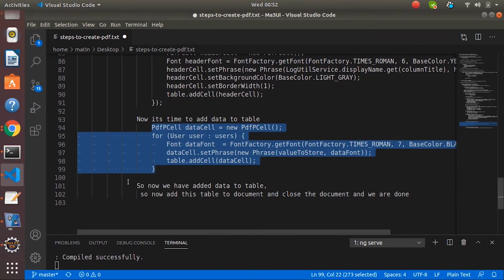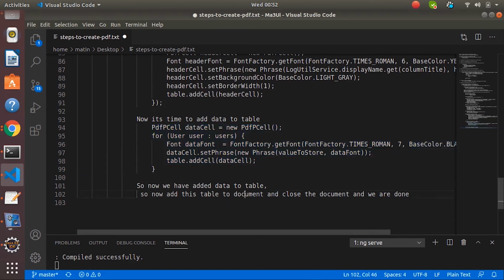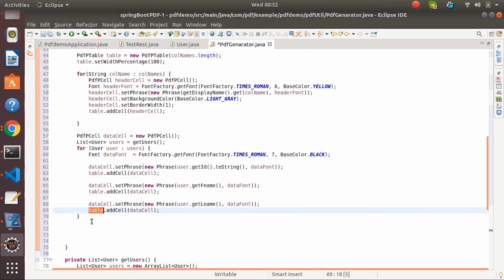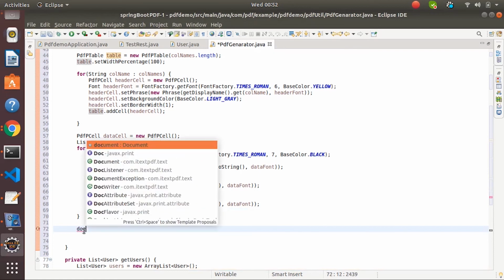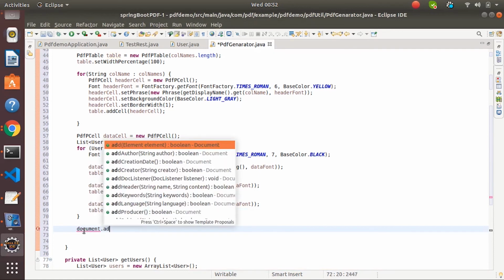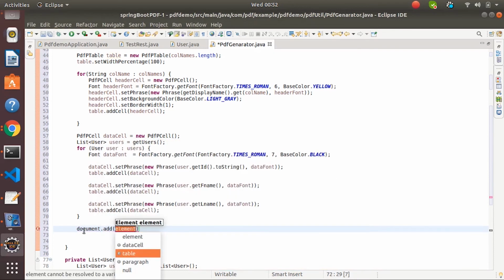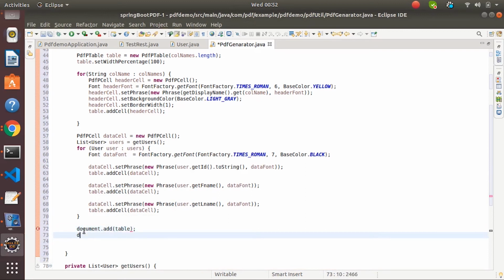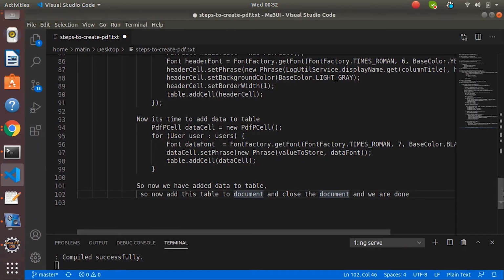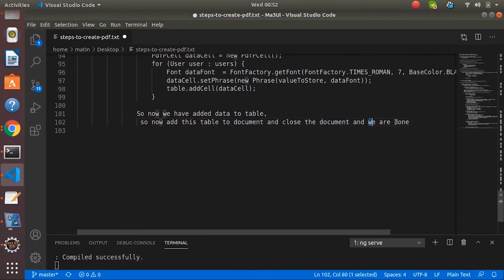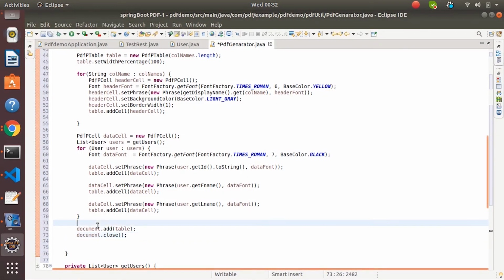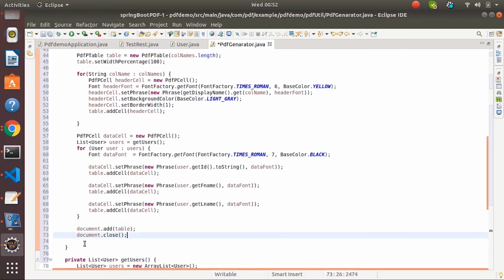Let's go ahead. So now we have added data to a table. So now add this table to a document. We have the table ready, but we have to add this table to this document and close the document. And we are done. Okay, let's save this project